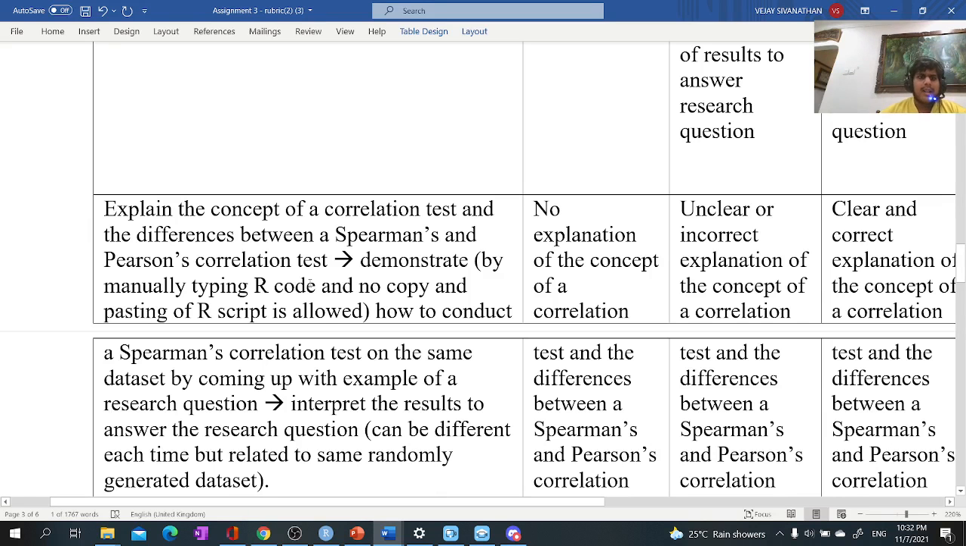In this part, I'll explain the concepts of correlation tests and then show you the differences between a Spearman's and a Pearson's correlation test. After that, I'll demonstrate how to conduct a Spearman's correlation test on the same data set by creating my own research question. So firstly,